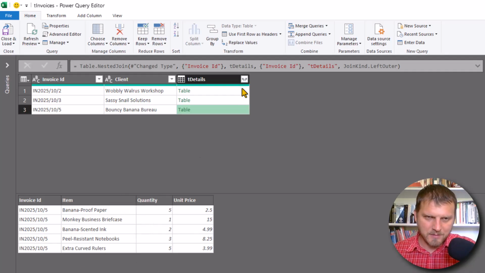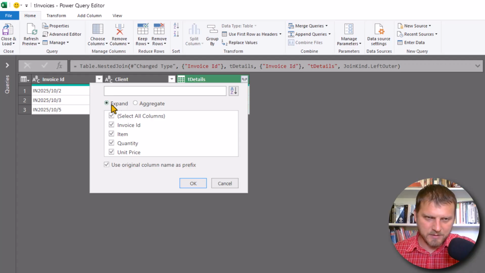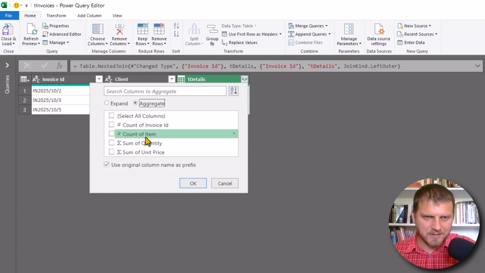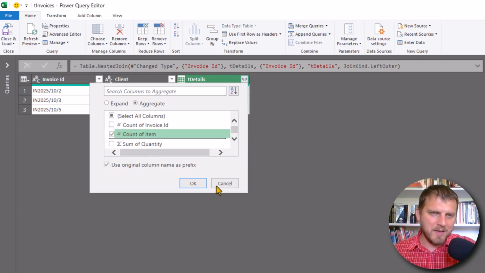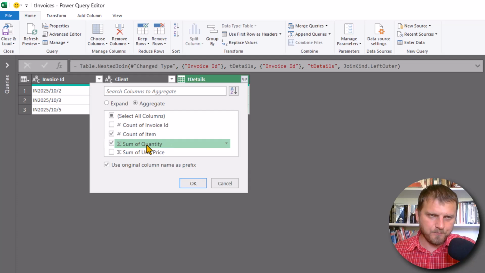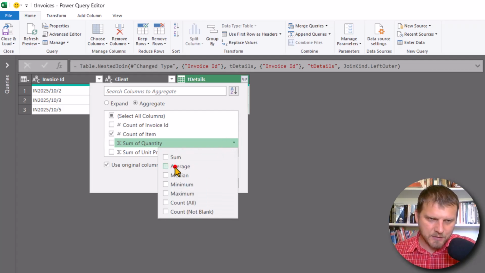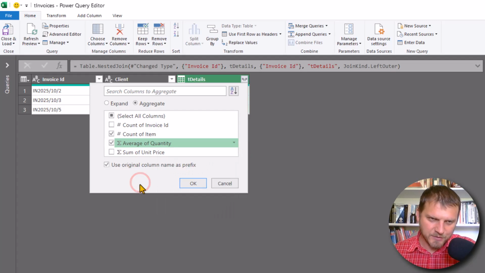So we don't want to expand our information, we want to aggregate them. And first of all, we can count items, so we will know how many items were on the invoice. Then we can sum the quantity, but I don't want the sum of the quantity. I want the average number of items. So how can I do it? I can expand this small triangle here and change to average, and I want the sum of unit price,